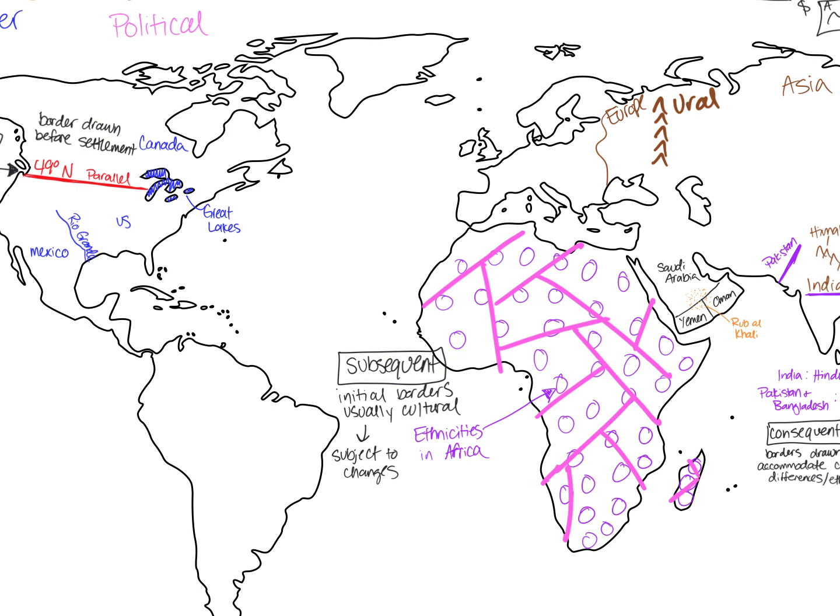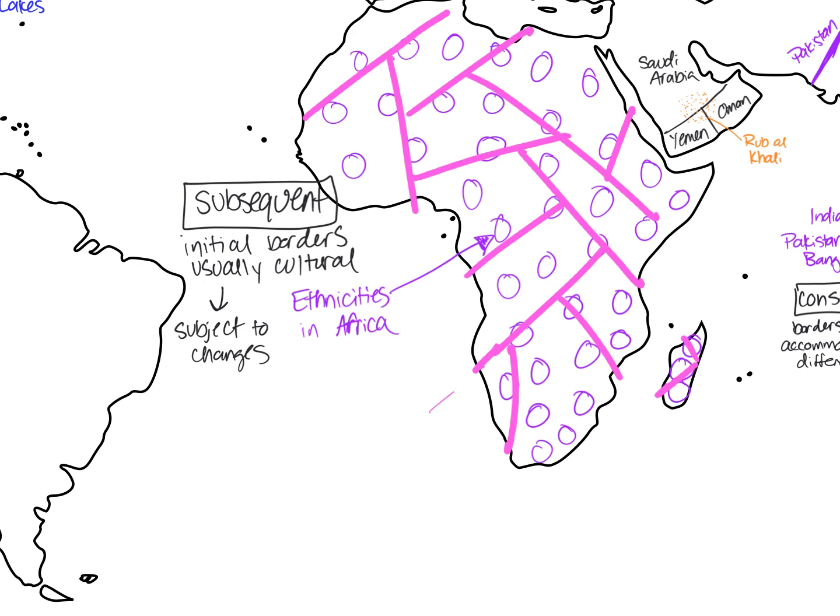Okay, these are European colonial borders. So Africa was divided up by all of the European colonies based on the different resources that they had there, okay? So they drew a bunch of these lines over the already existing